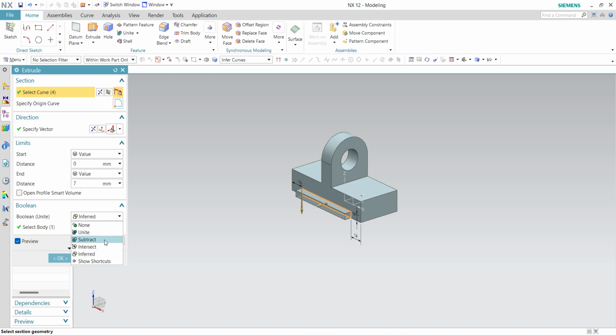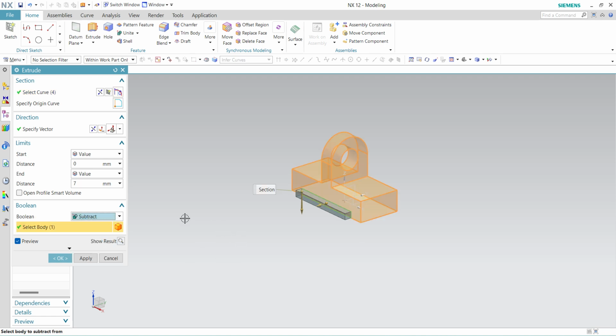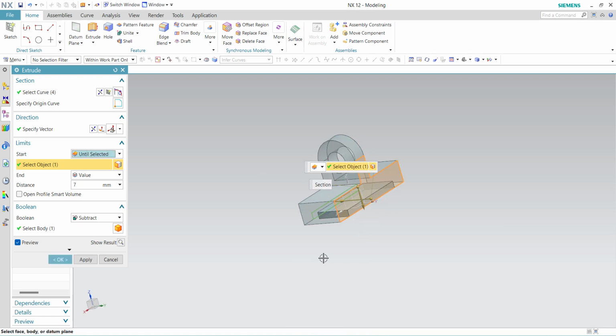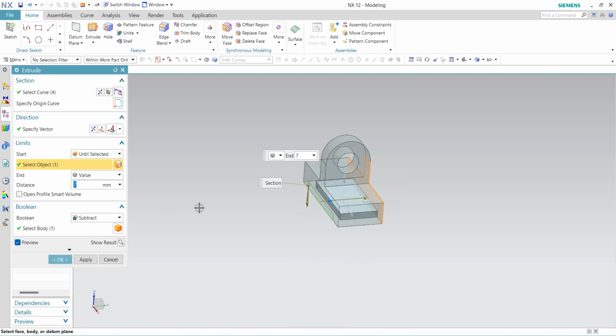Select here subtract, reverse the direction, here select until selected, select this surface, here enter 0. Okay,